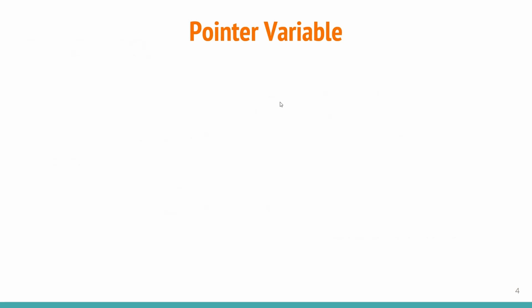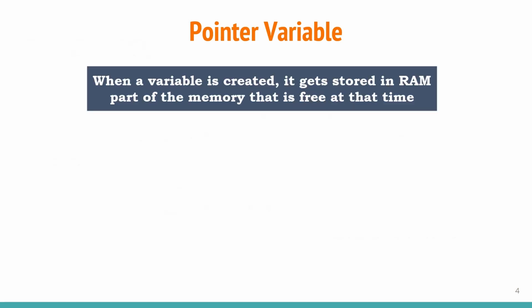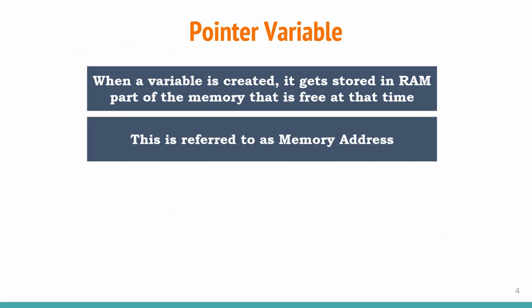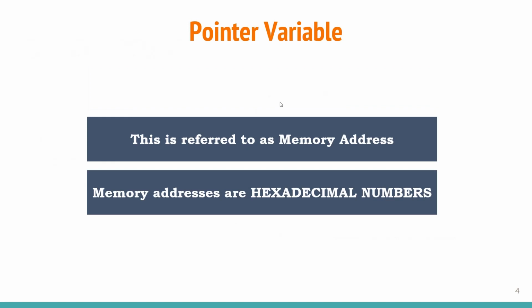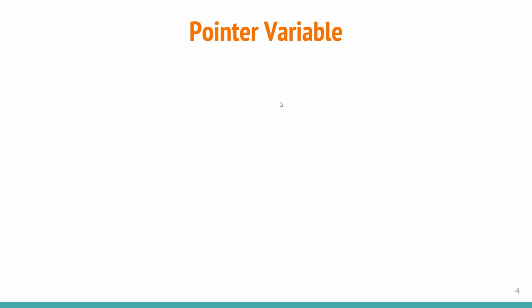We all know when we create a variable, it gets stored in a physical memory, usually a RAM part, which we call a memory address. Memory addresses are usually expressed in hexadecimal numbering system. You might be asking the reason why memory addresses are allocated as hexadecimal numbers, because actual memory addresses are